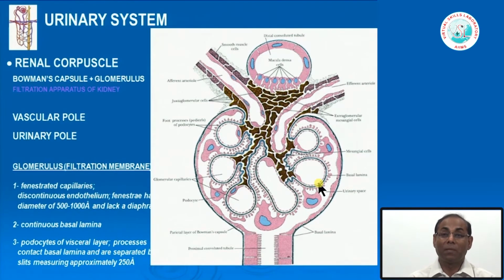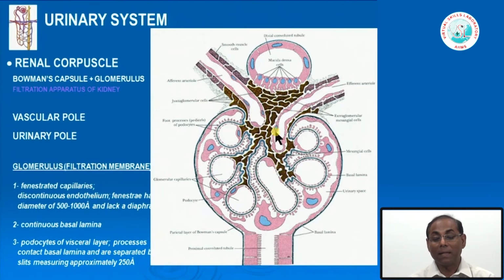In between the endothelium there are long fenestrations, we will come to that, and below that is the glomerular basement membrane. That is a continuous barrier, but the glomerular basement membrane is also strengthened by the visceral epithelial layer, which also forms a part of the glomerular filtration barrier. These are the visceral epithelial cells, and then this is the urinary space, and this is the Bowman's capsule,